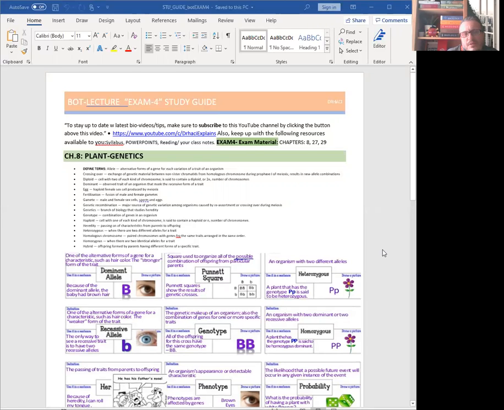So especially in chapter 8, plant genetics, you need to make sure that you know the vocabulary of genetics, including what is an allele, and what is crossing over, diploid, haploid, egg, fertilization, gamete, genetic recombination, genetics, genotype, phenotype, heredity, heterozygous, homozygous, and hybrid. So we have